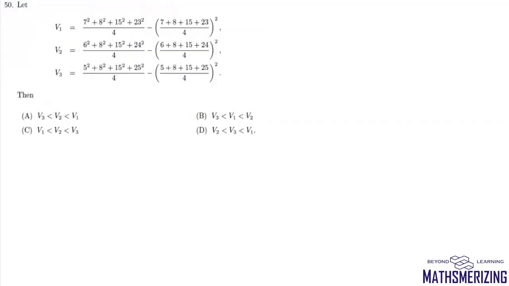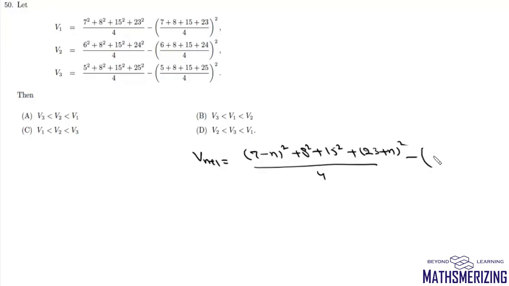Now question number 50 is we are given v1, v2 and v3 and we need to find which of the following is true. So what we'll do is we'll write vn plus 1 as 7 minus n square plus 8 square plus 15 square plus 23 plus n whole square upon 4, minus 7 minus n plus 8 plus 15 plus 23 minus n upon 4 whole square. Here n and n will cancel. So we'll write this vn plus 1 as